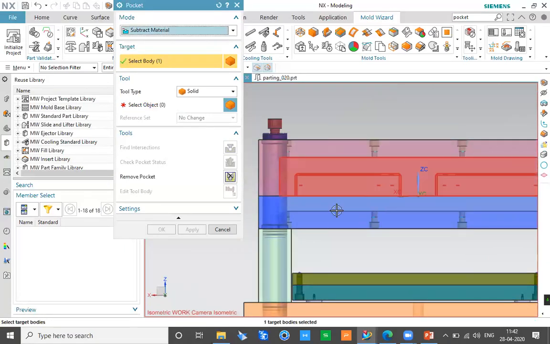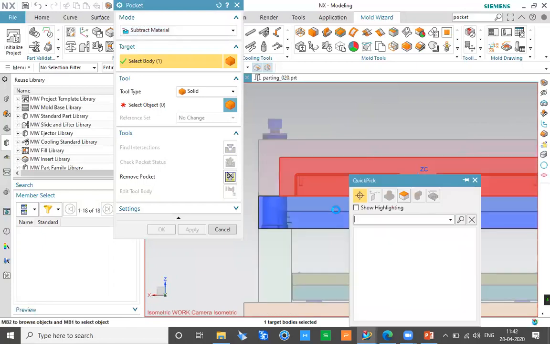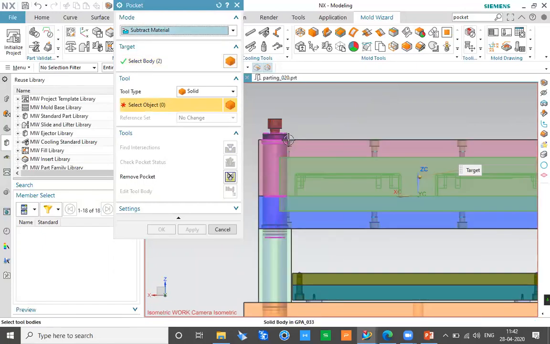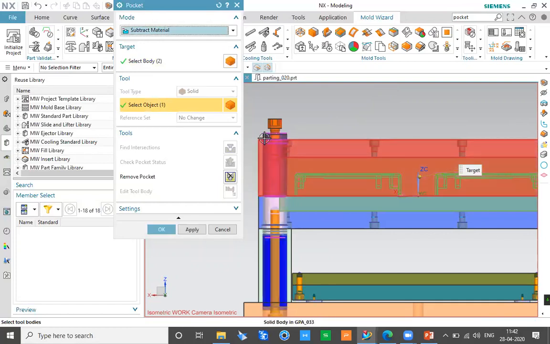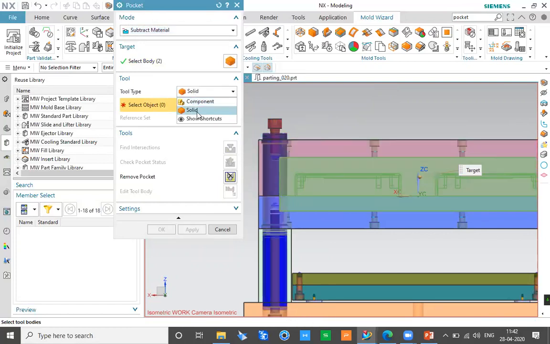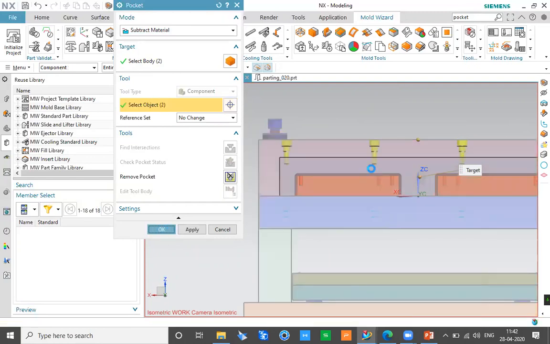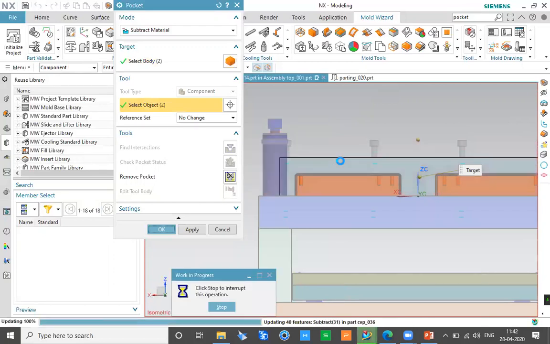So I'll say this part and this part. These two components will be pocketed with the help of these bolts. So I can simply select components here, select this component, and click OK. So I can define all the pockets, sequence and everything properly here, so that all the bolts and everything will have a proper set of holes, which is required to place everything correctly.